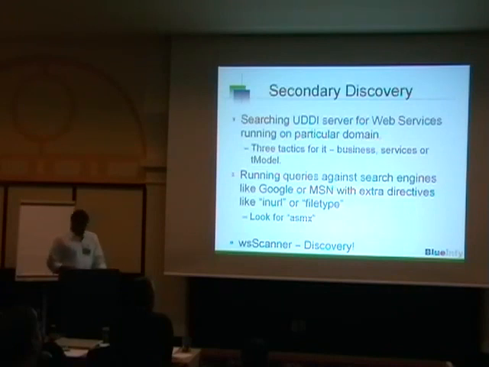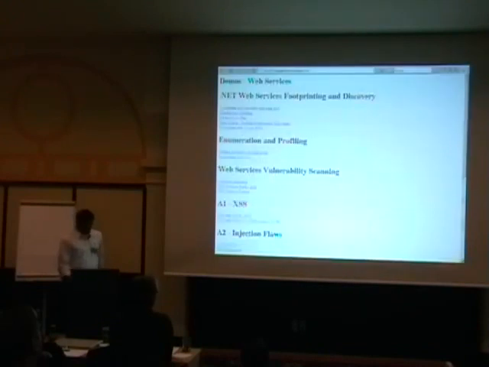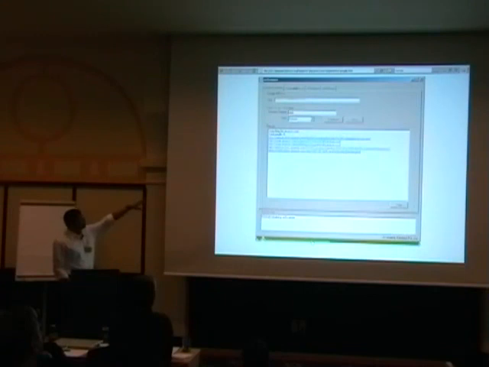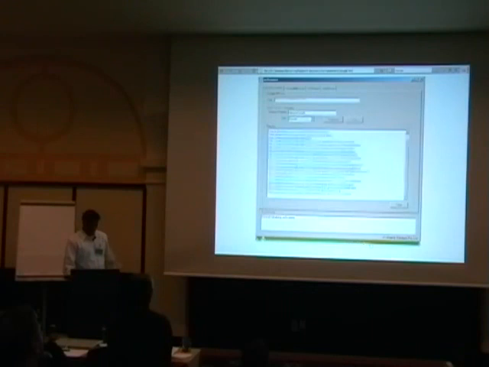There is a tool which I have written called WS Scanner, which you can download, where it is doing, for example, footprinting. What I'm doing over here is you have to pass the Google API, and then you have to pass Amazon.com, for example. You are looking for web services running on Amazon.com, so it will take a permutation and combination of all different queries and look for Amazon web services. So over here, Amazon is running with these 5 web services on their domain. Similarly, if you go for the Microsoft.com domain, Microsoft is running with 110 web services, which you can see.